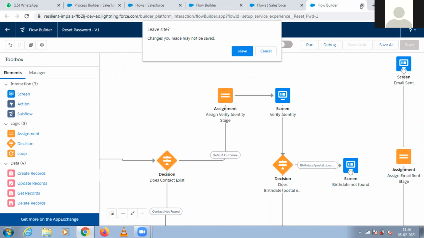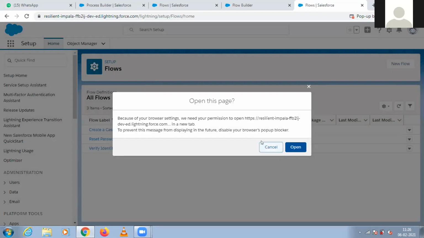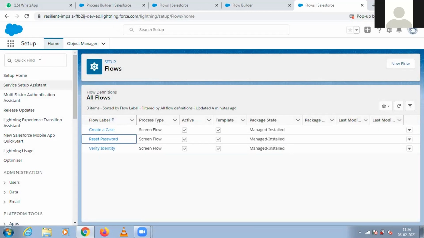But flows is not only for creating screens. Flows can be used